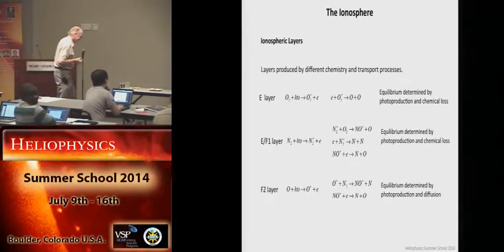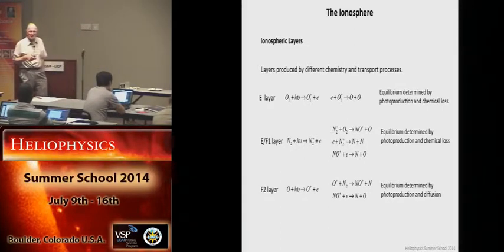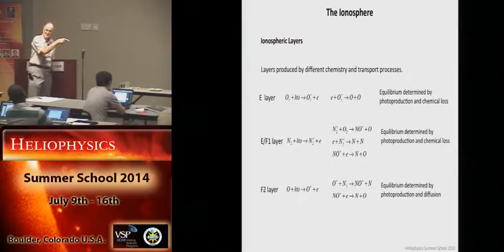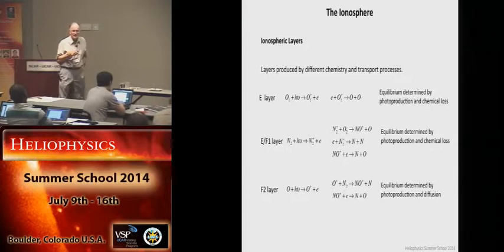No, there is a D layer. It's not very strong, and it involves the absorption of energetic particles of very high energy, much higher energy photons that get deeper into the atmosphere. Okay, so, but the principal layers in the ionosphere